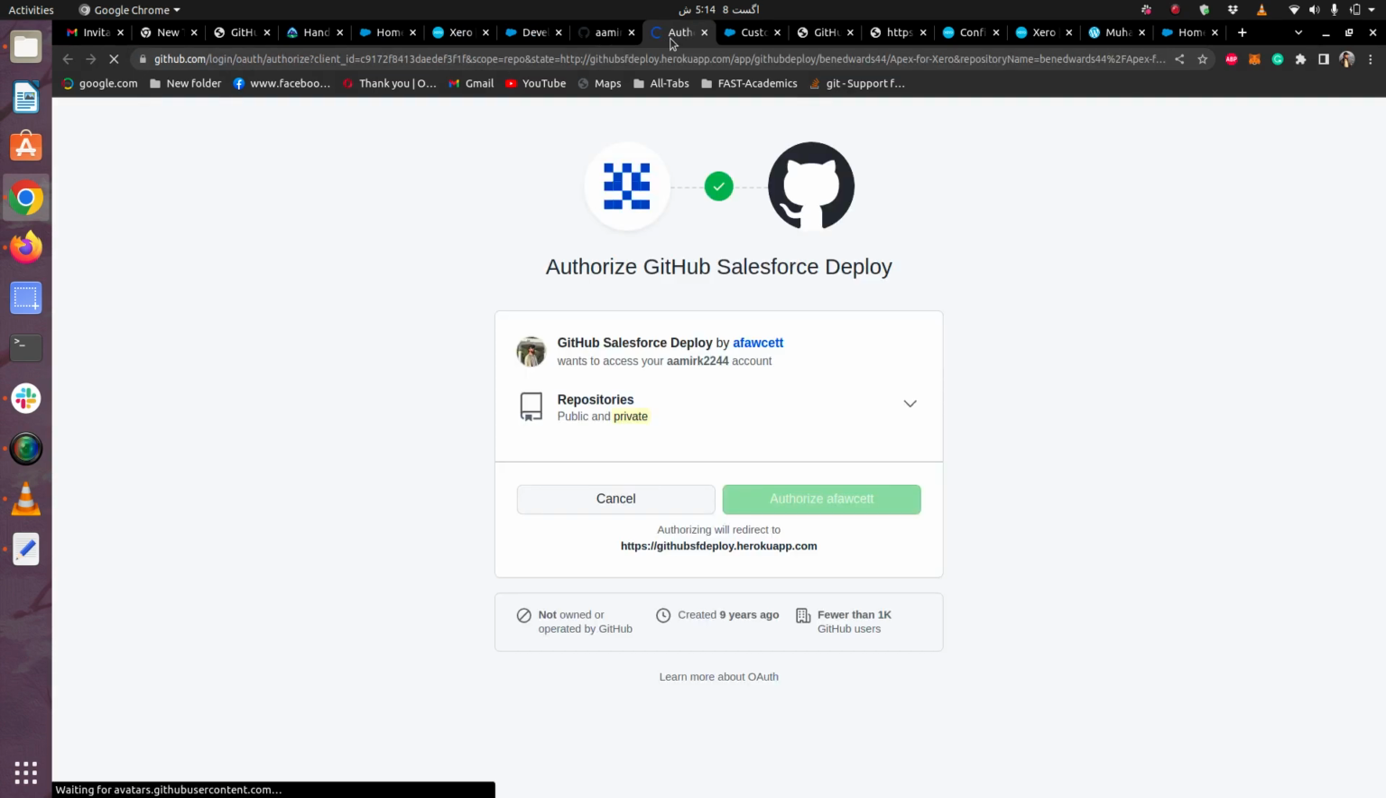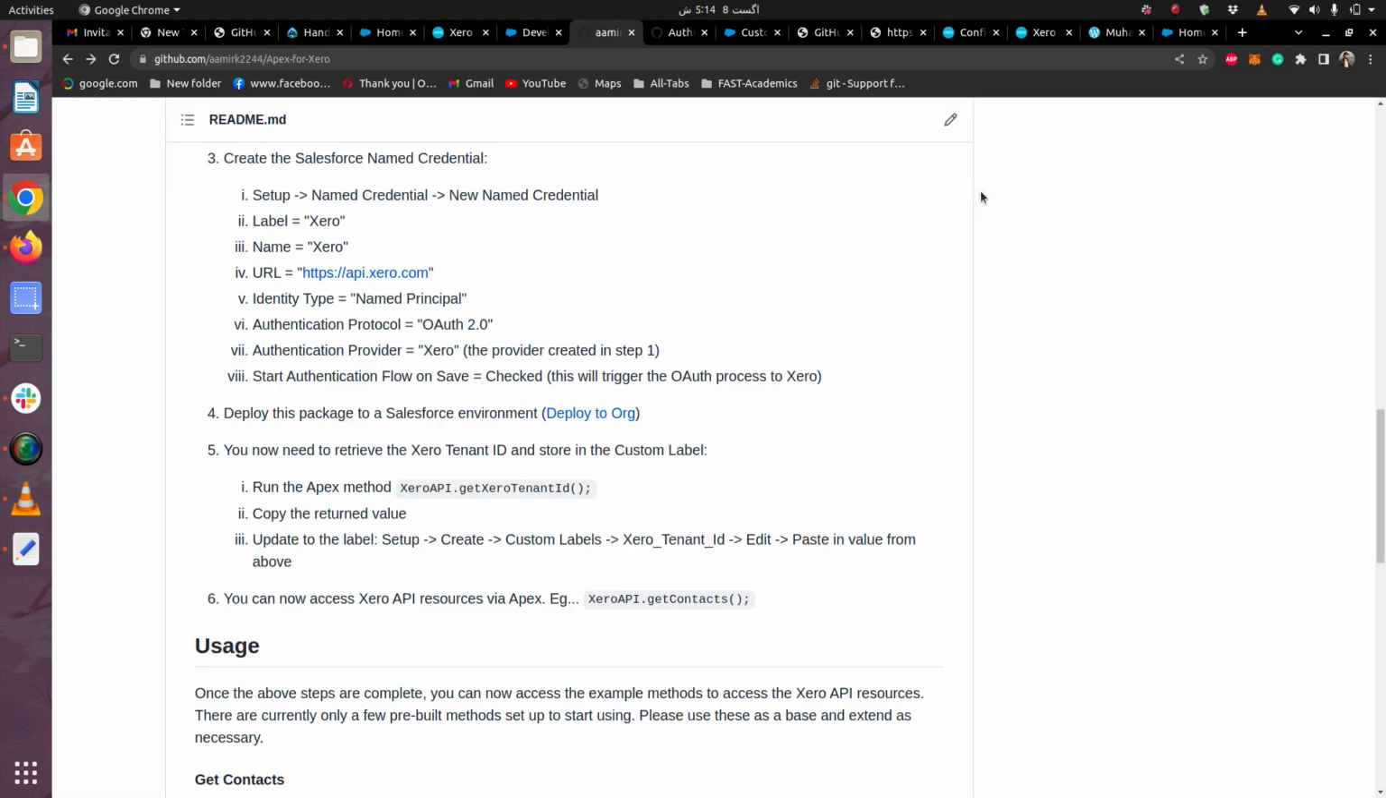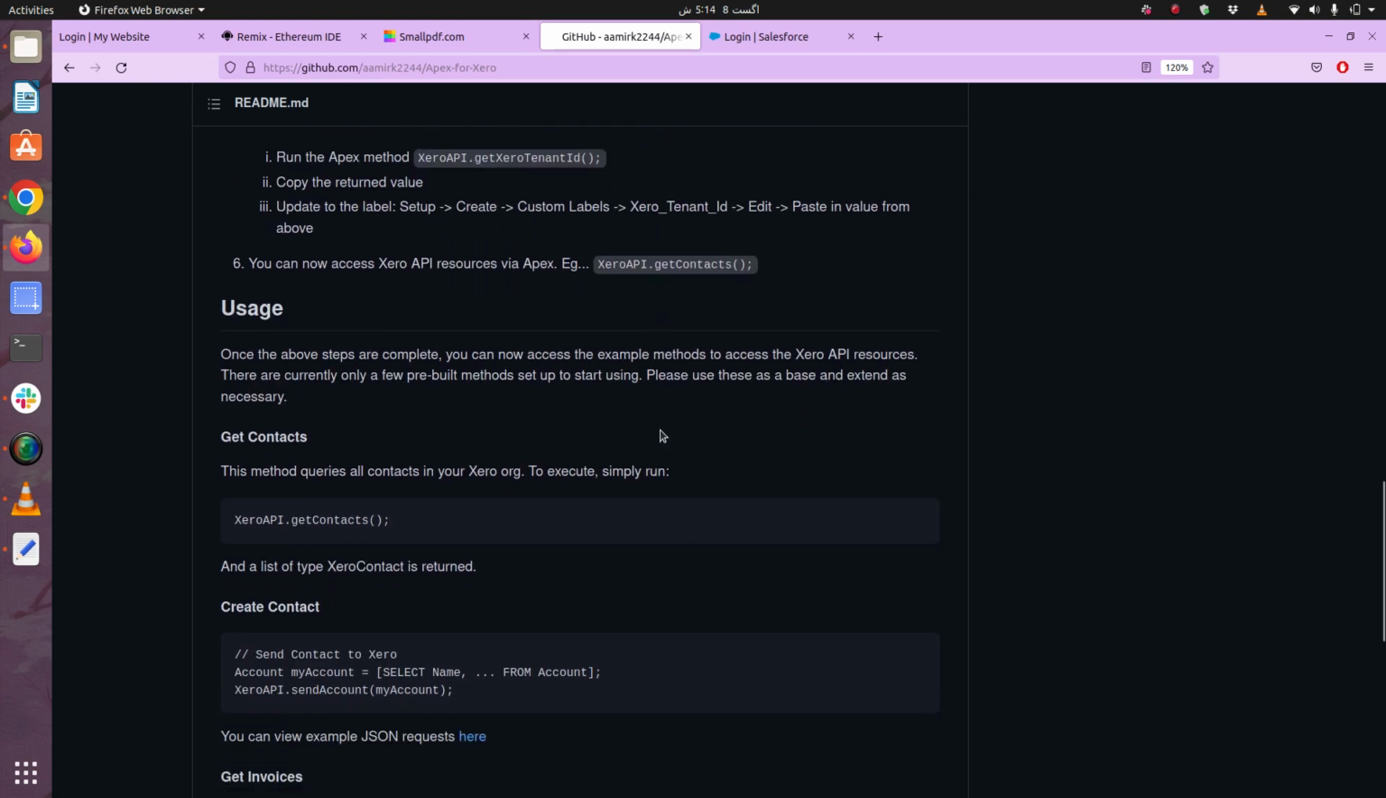Yes, I want to show you this. Here you will see the deploy button. So just click on that and wait for a few seconds. These things will be deployed to your Salesforce account. So in the next step,